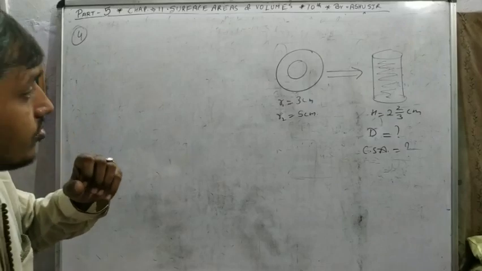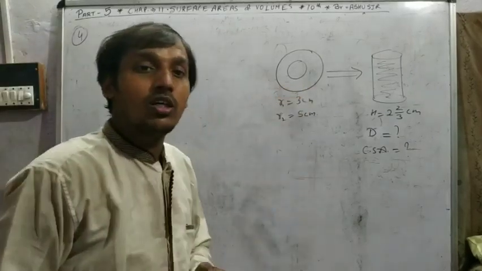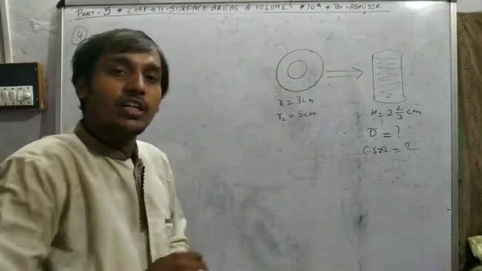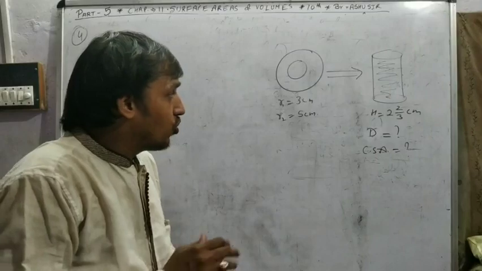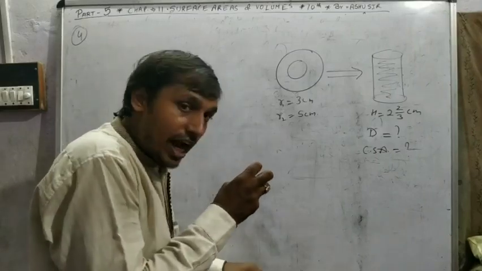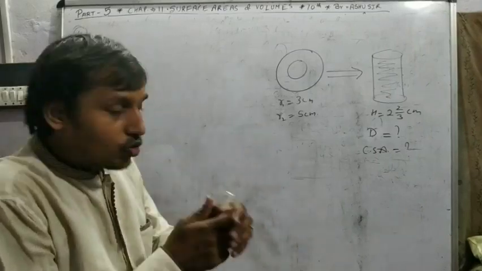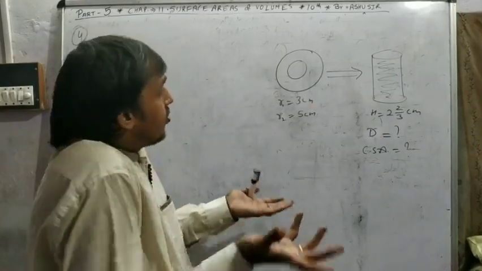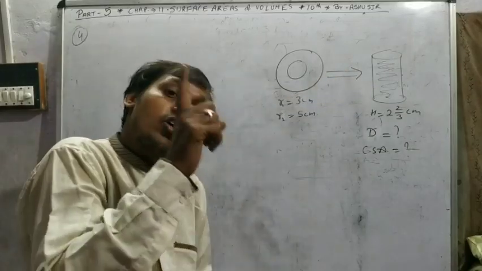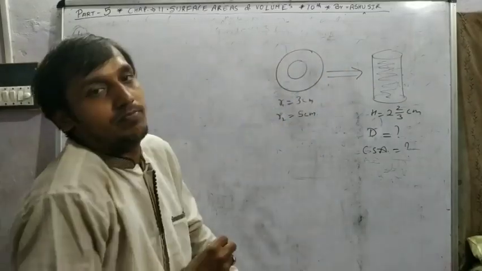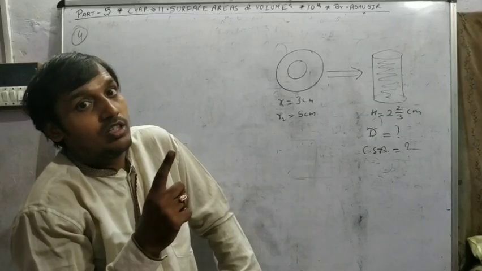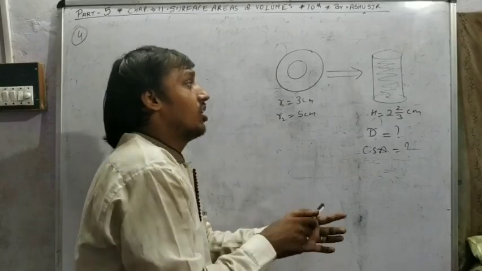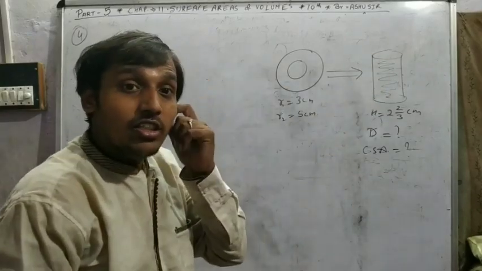If this is a chocolate spherical ball, so this is also a chocolate spherical ball. This is your friend's chocolate, and you hide this chocolate and melt it to form a cylindrical chocolate. Your friend says, "Where is my chocolate?" You say, "No, this is not my chocolate. This is a cylindrical shape, and your chocolate is in spherical shape." But your friend is very clever. He says, "My spherical chocolate has the same volume as the cylindrical chocolate. That means it is my chocolate."